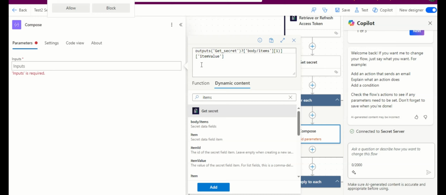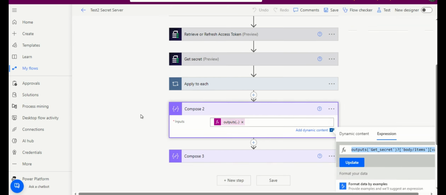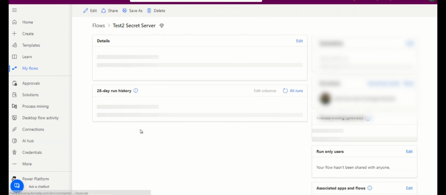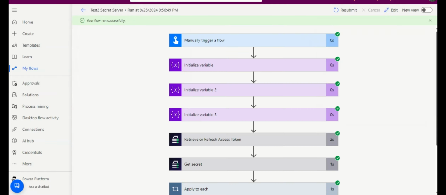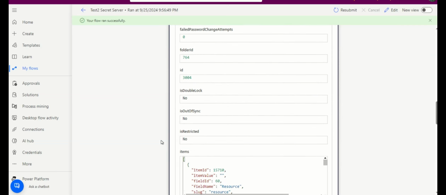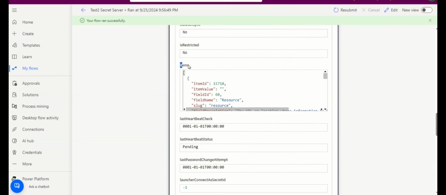First. So what this expression tells is, to get the value from first, it will go to the body items. In this case, let me show you. So it will reach up to this point, items. Then inside this item, you have to get item value, which is the second position, but this JSON starts with the zeroth position, so it will be 0, and